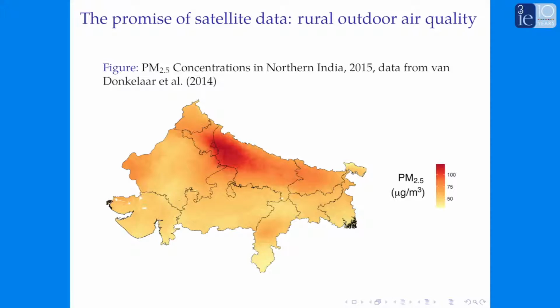I think a lot of this had to do with the fact that the data on air quality that was available was largely available thanks to an exclusively or almost exclusively urban network of ground-based air quality monitors. And you really need only look at a map of air quality from satellite data to recognize that air quality is also a major problem in rural areas as far as hundreds of kilometers from major cities.